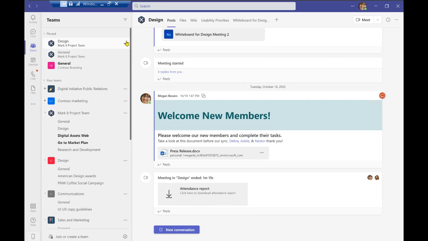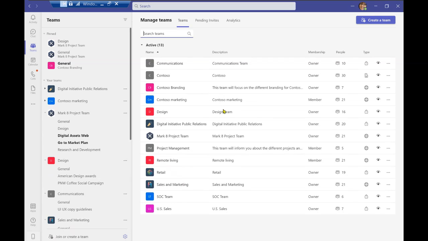Now, before we dive into the details of working through the channels and teams, I do want to draw your attention to how to access your teams overall. So we are going to navigate towards the bottom side of your left screen, and right over here with the tab that says Join or Create a Team, I want to draw your attention to this gear icon. Once I select this gear icon right over here, you'll see that you have a bird's eye view of all of the teams that you're a part of.